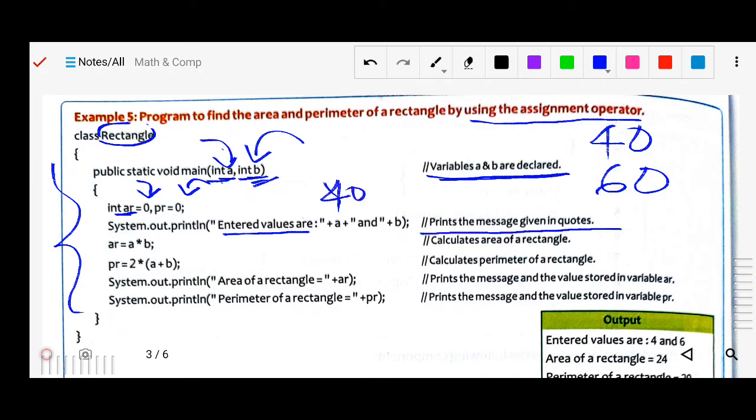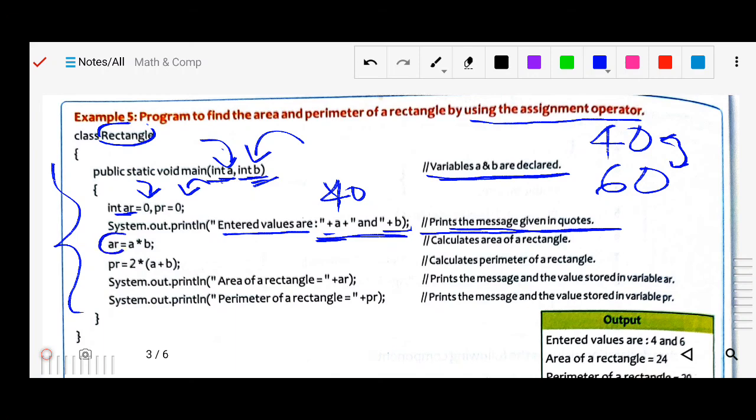So print the message with the given code. The values you have entered will be displayed. It means you are making this real-time, like a calculator where you want to add, and it asks you to enter the values, 40, 60, whatever you want. Earlier, we had already fixed the values by default, 60 and 40, so that was not dynamic. Here this program is dynamic, meaning at run time it asks you to enter the values. So we have entered 40 and 60.